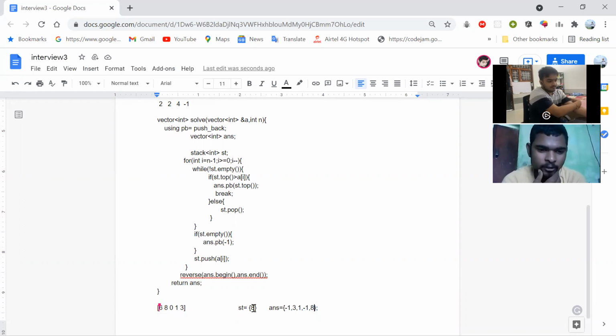So, what do you think about the time complexity? I think if any array is in descending order, it will take n square, because I need to insert first and then remove all the elements, so it takes almost n square.